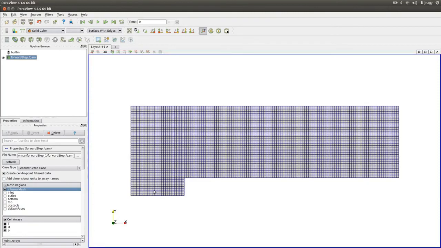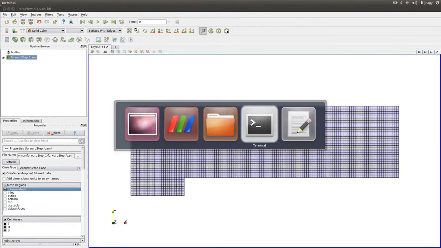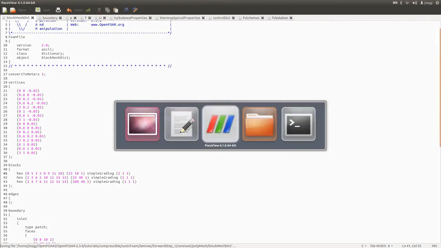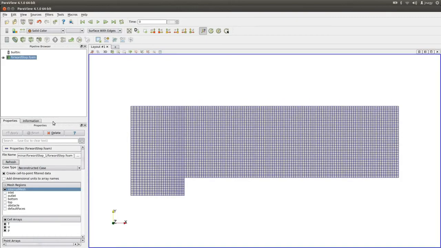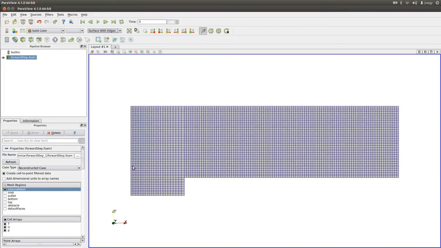If you want to have it the other way around, we just type in, here in the block mesh dictionary, 2 and 2, save. I re-execute block mesh, refresh,